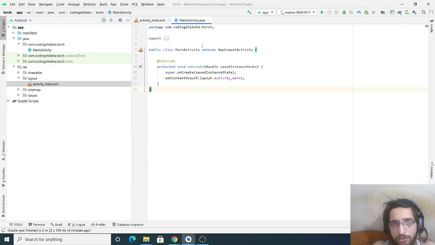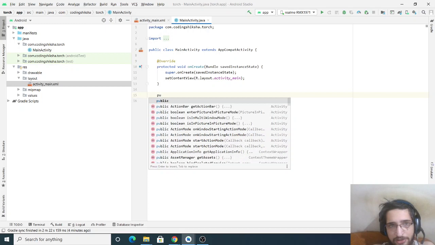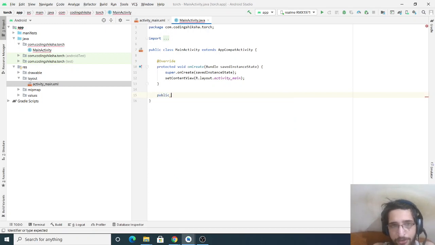Now we need to go to the MainActivity file here and create these functions. First we will create the enable function. We will have the public keyword, which will be available to all the classes, public void enable. This is a standard way by which you can set the function, and here you need to pass the mandatory argument which is View.